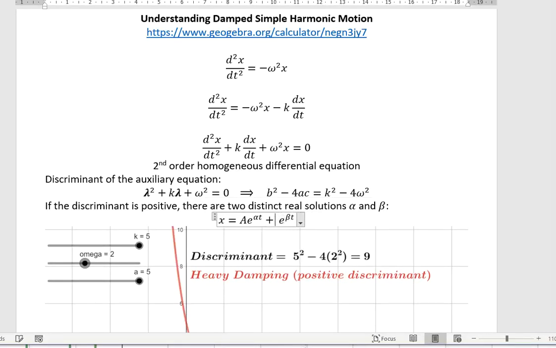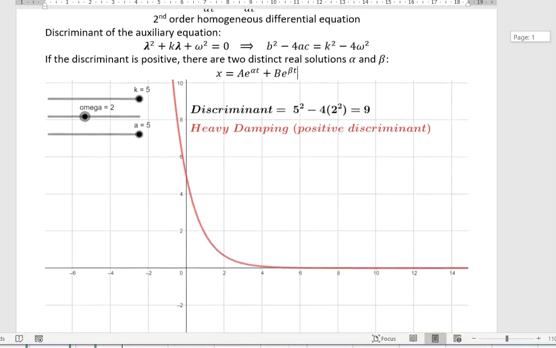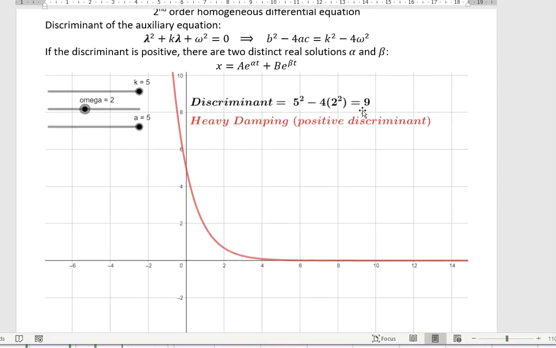But of course this doesn't have anything to do with sine and cos, it's just exponentials, and that's exactly what we see if we sketch a graph. This is an example where you have a positive discriminant, so we've got heavy damping or over damping, where the system has got so much resistance, it's quite slow to reach the equilibrium point just because it's being slowed down